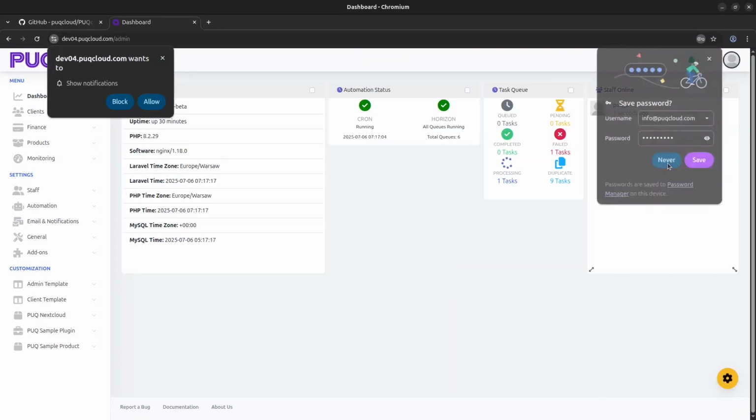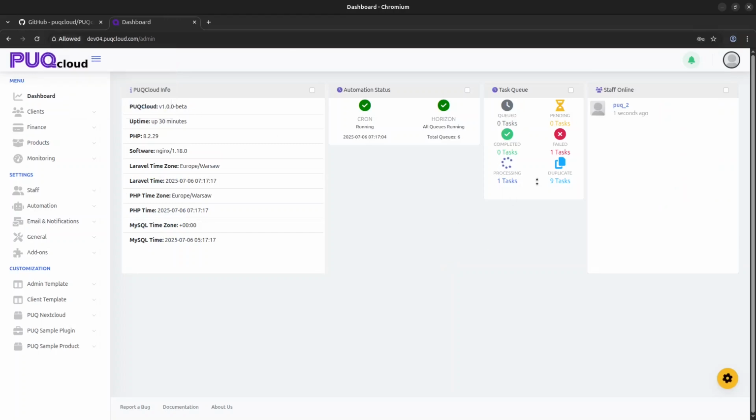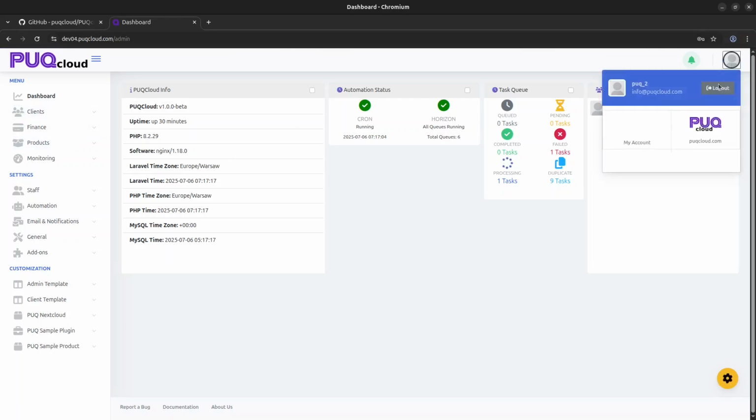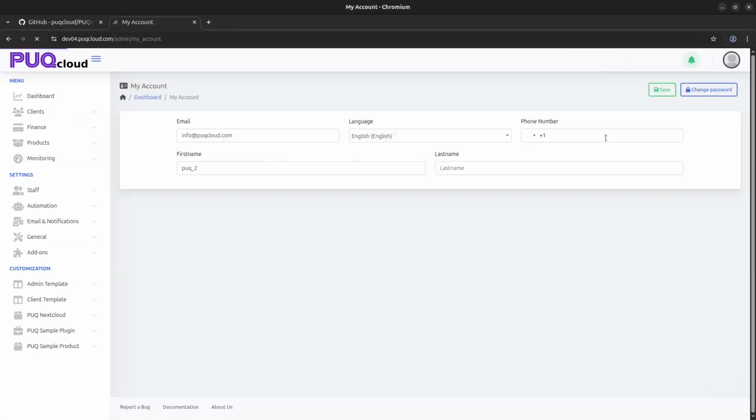In less than 30 minutes from powering on the server, I completed the initial setup and installed the PU Cloud panel automatically. Our team is working hard to provide all the necessary automation scripts for PU Cloud. In the future, we plan to expand these scripts to include automatic migration from other billing systems, importing clients and their services, backup creation, server-to-server migrations, panel updates, clusterization, and much more.